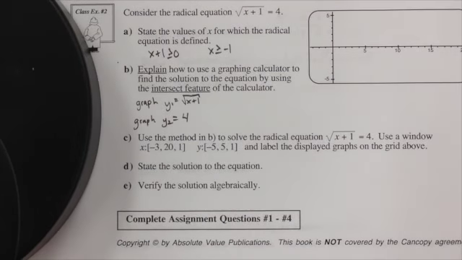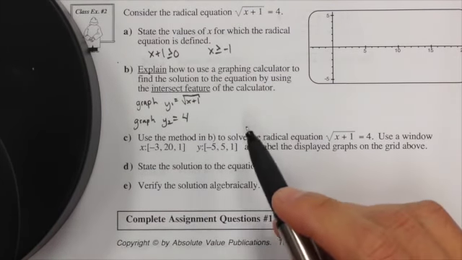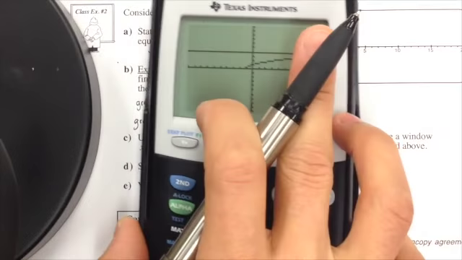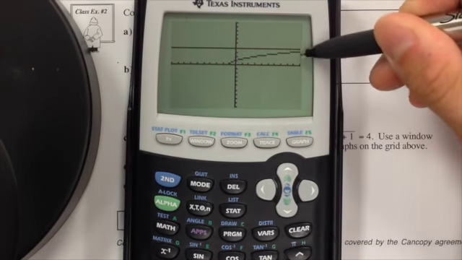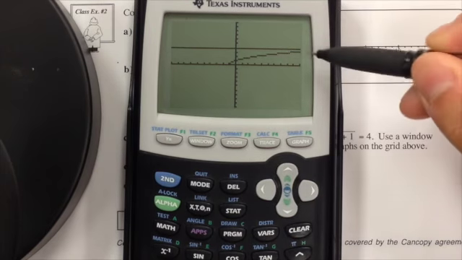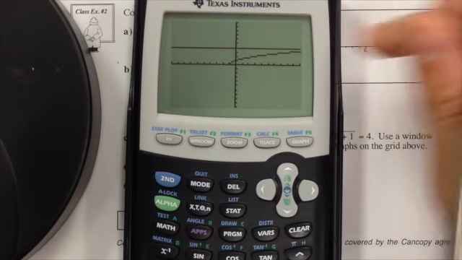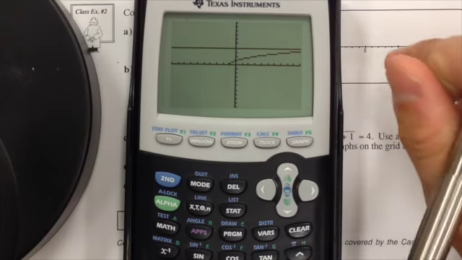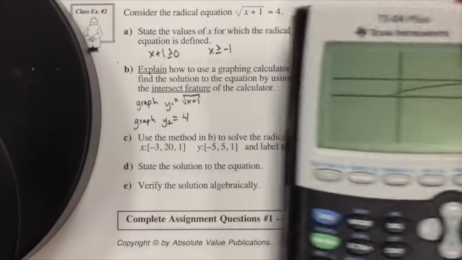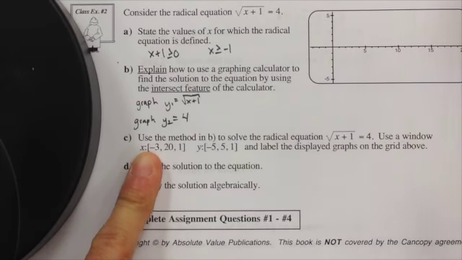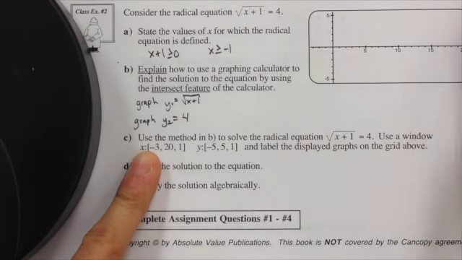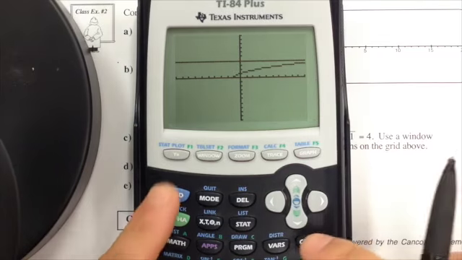Okay, so the next thing we need to do is find the x coordinate. All right, we want to find out where these two are going to intersect. And if you look, it looks like they're intersecting somewhere off of our graph, somewhere over here. If I were to extend my window settings, here we're told. So one thing you can do is you can just zoom out and then intersect, because from here, if you were to intersect,